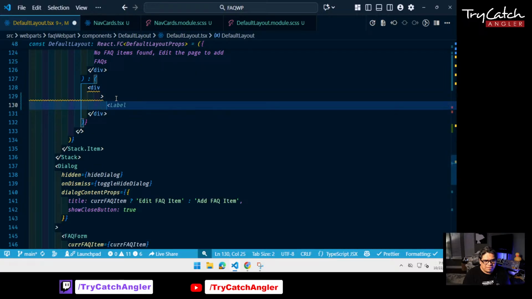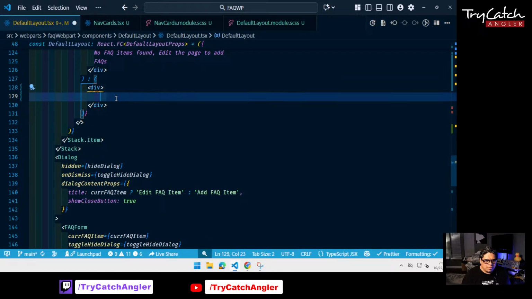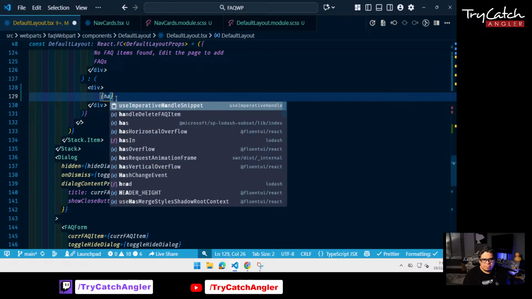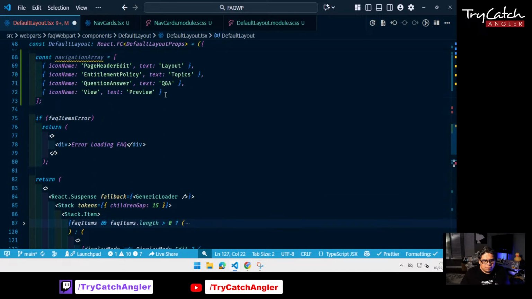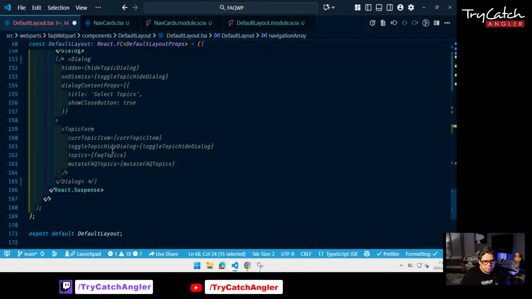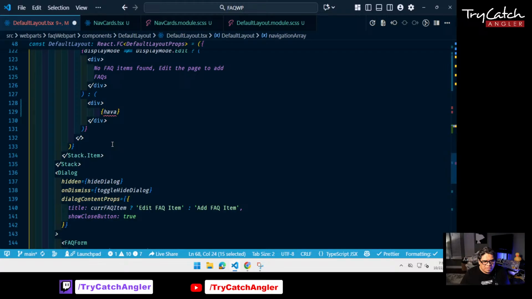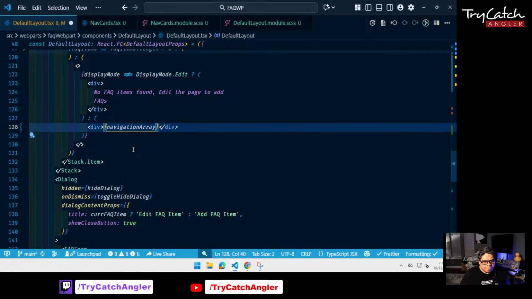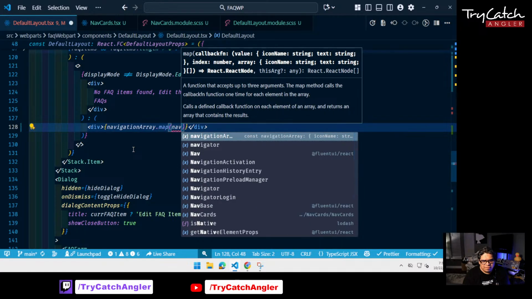And inside of our div here, we're going to have our navigation array. Let the dialog stay there, you're going to need that. So our navigation array, and we're going to map, and it's going to be nav item,